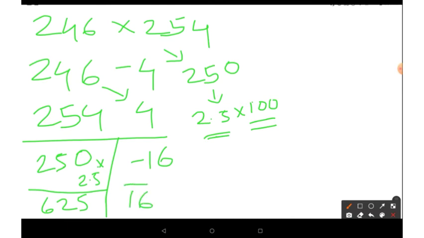Then what you have to do is make sure of the number of digits and the number of zeros. Here we have written 2.5 into 100, and 2.5 we have multiplied with 250, so this part is taken care of. Then the number of digits here should be the same as the number of zeros of 100. 100 has 2 zeros and minus 16 has 2 digits, so that part is taken care of. Now what you have is 625 and 1 bar 6 bar, that is the number.